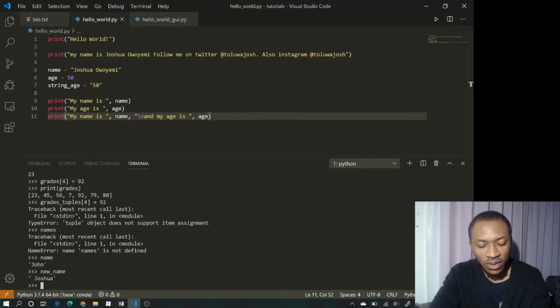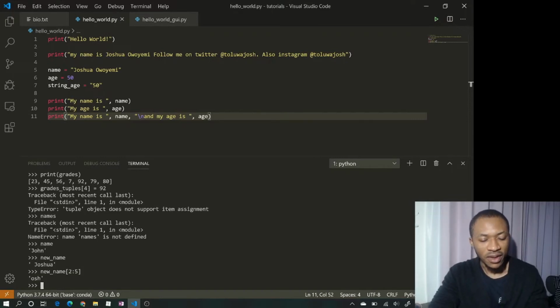So if I want to, I can split the new name, or I can ask it to give me from one point to another, like 2 to 5 maybe. You can see that. So because we can do this, we can also consider a string as an iterable, because